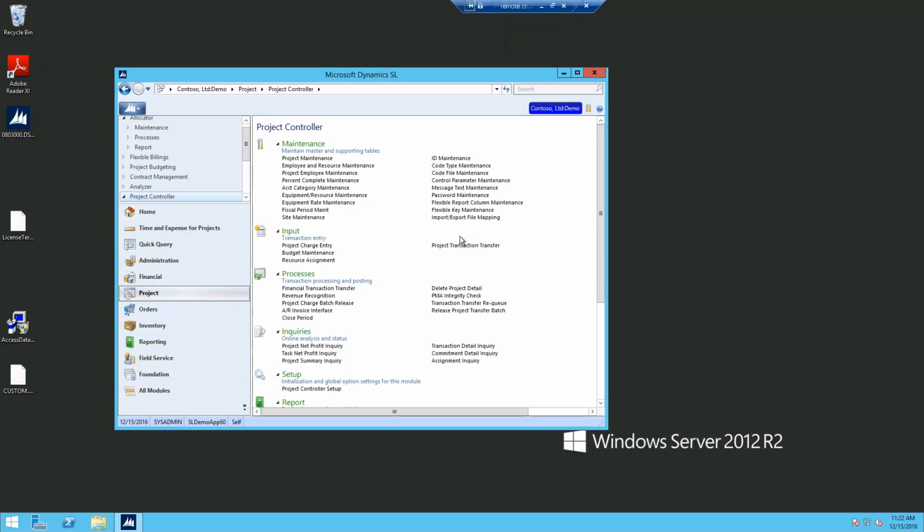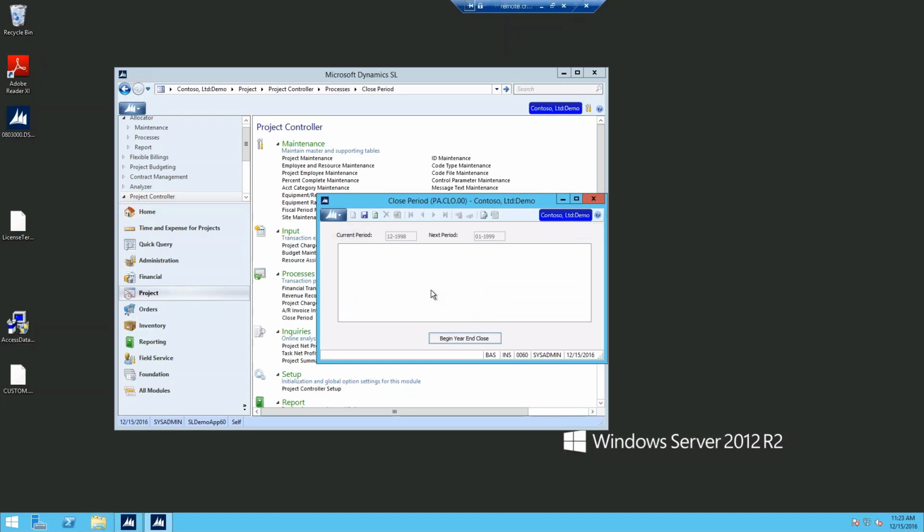So now we're going to go down into Project Controller. Project Controller is the only module within SL that actually closes in its own specialized screen. All other modules close in GL. One of the things that you would want to do before you close Project Controller is